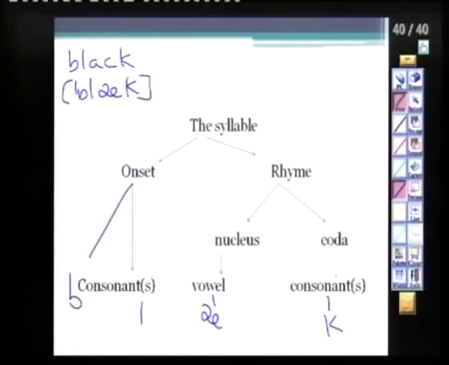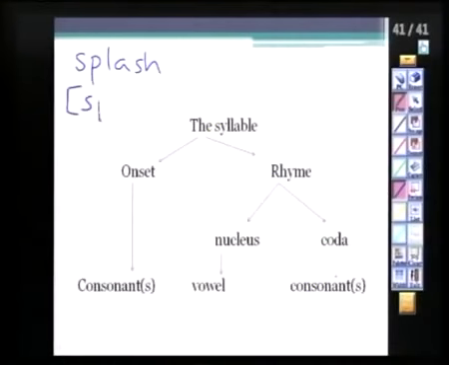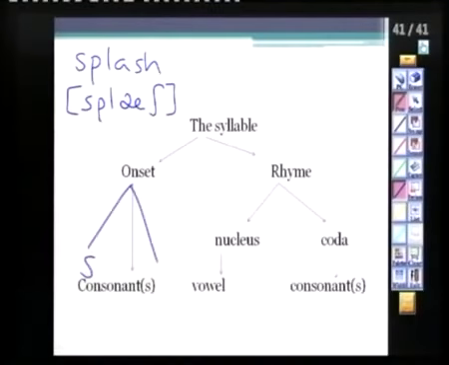Okay, we do have 3 minutes. Let me give you the last word, then we can continue next time. Let's say a word like splash. Yes. Yeah? Let's think about this word. Number one, we transcribe it. Splash. Good? Then what do we do? We analyze the structure of this word. How many consonants do we have in the onset? 3. So we have splash. Good? Then you have the vowel a.